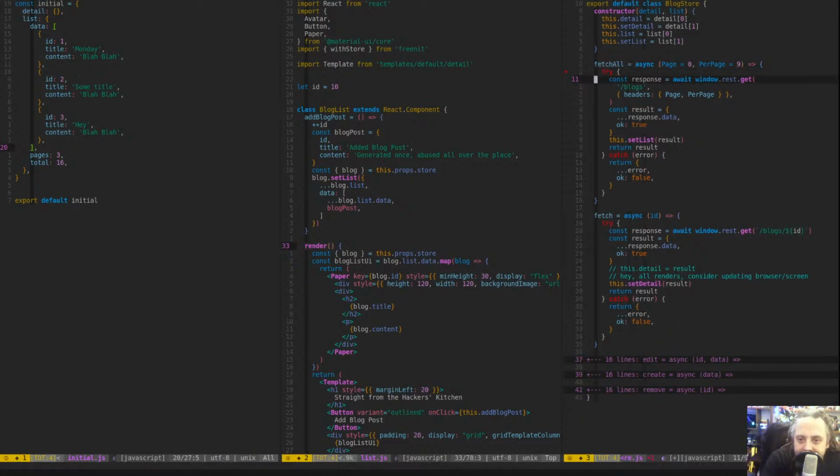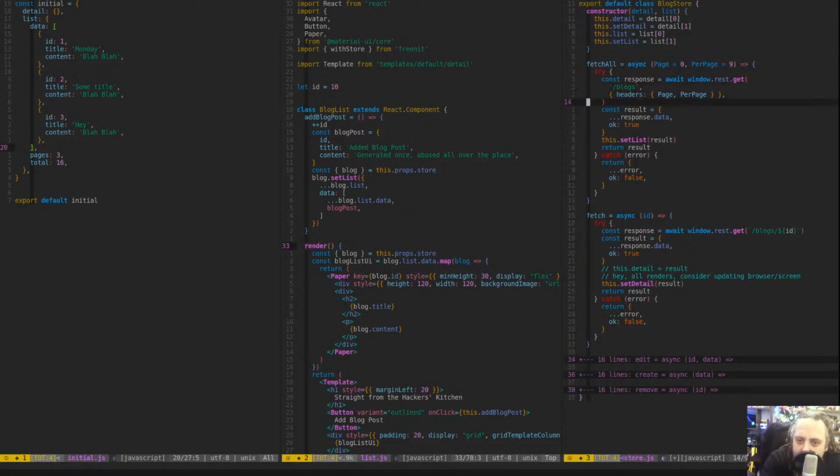And yeah, the rest is actually the same. I'm using the get to get the list, and I'm telling it how much and which page. The rest is pretty familiar, right? We're using set list because list comes in a pair with set list. And in every function, I'm returning the result